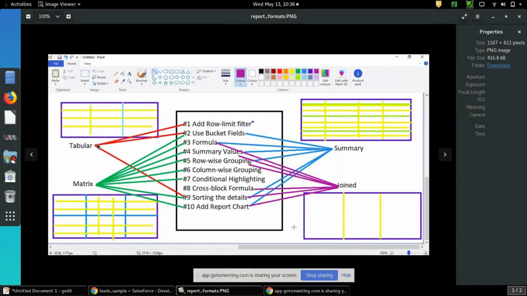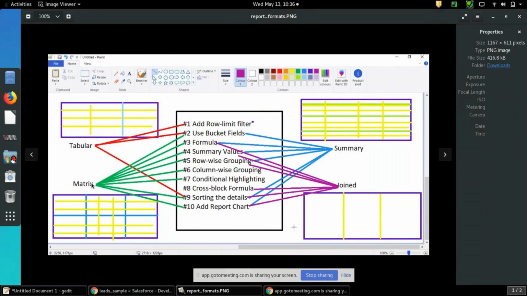So using tabular report, you can add row limit, filter, and you can use bucket fields, and you can sort the details. These are all the things you can do using tabular. Using summary, you can use bucket fields, you can use formula, and you can use summarize values, row wise grouping I have shown you, and you can do sorting, and you can add report chart. This also I have shown.